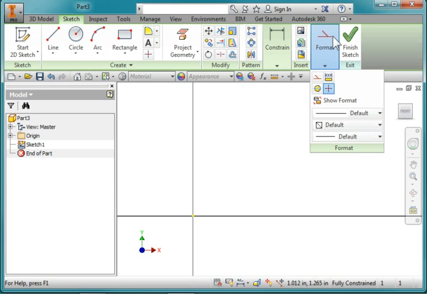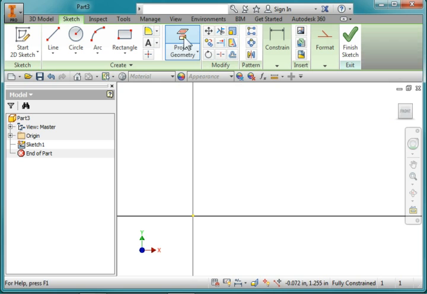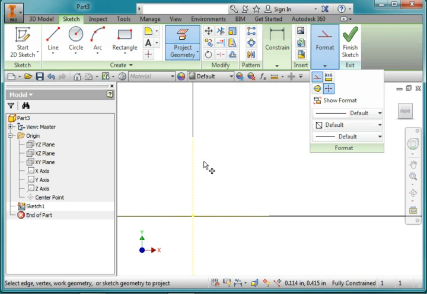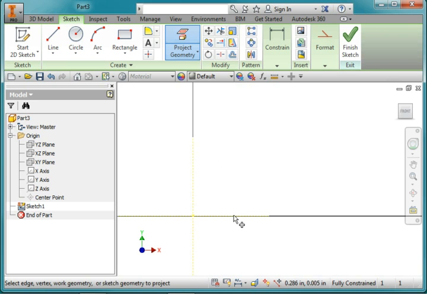I'm going to start out by turning on construction geometry, this icon here, and then I'm going to project. I'm going to open up the Origins folder. I'm going to project the XZ plane and the YZ plane. And you notice now I have two yellow lines on these axes. The reason I'm projecting them is because I'm going to dimension to them, and I want to make sure I capture those